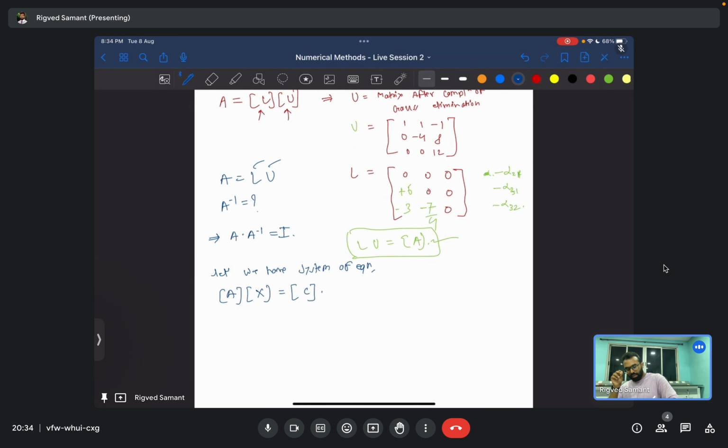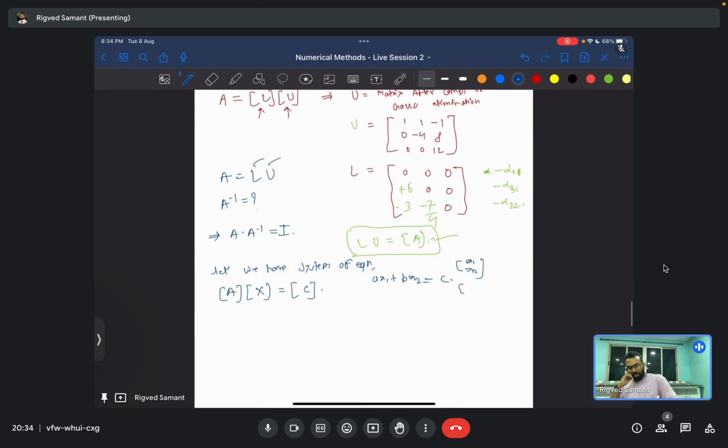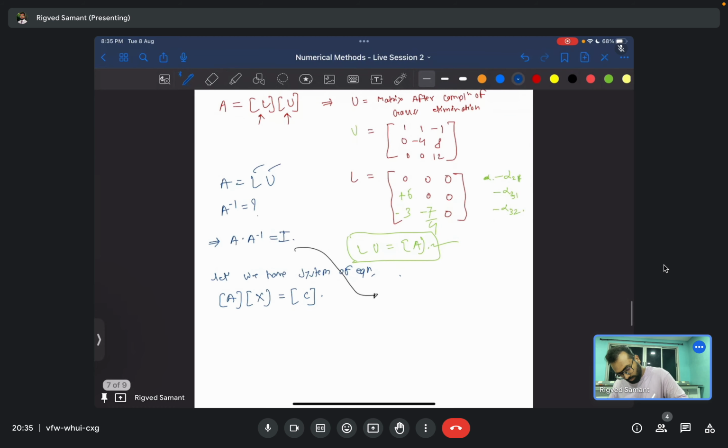Okay, this is nothing but your ax1 plus bx2 is equal to some C value. So this x1, x2 is your x, and a, b are these. Okay, so you're getting what I'm telling. These are your a, b. So let's have this system of equations. Here what you have is A and then A inverse. Let's say what is your A value? 6 1 minus 1, 6 2 2, minus 3 4 1. Then you have x. So what is A inverse? Let's denote it by this thing. A inverse, let's say I am denoting by